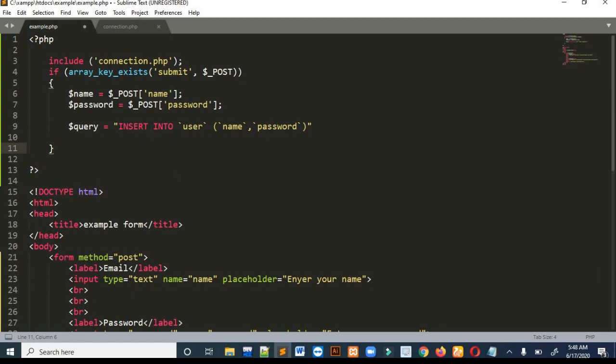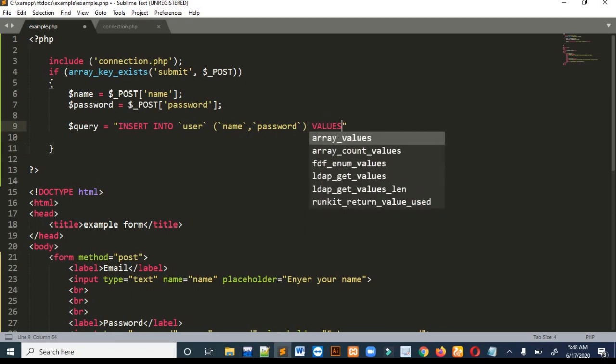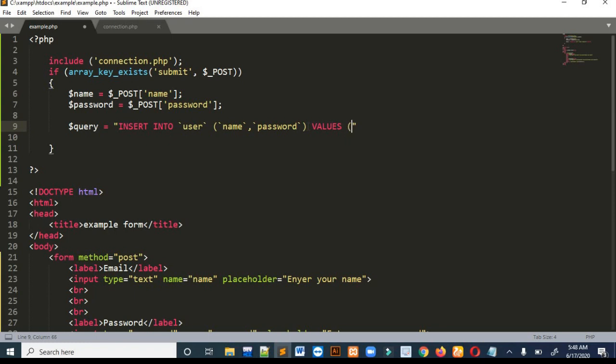So the query goes like this: insert into user, then we will give the name of columns, then we will write values, then we will give our values. As we had stored our values in variables, just write those variables.